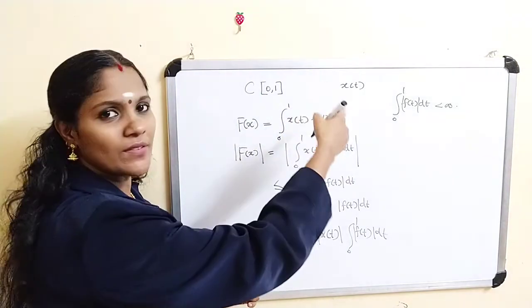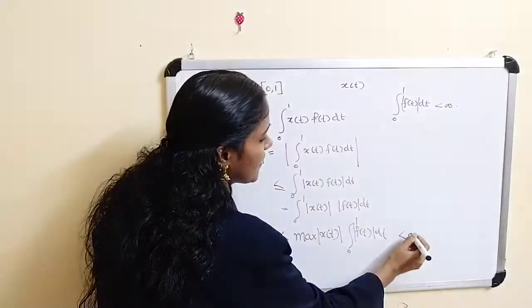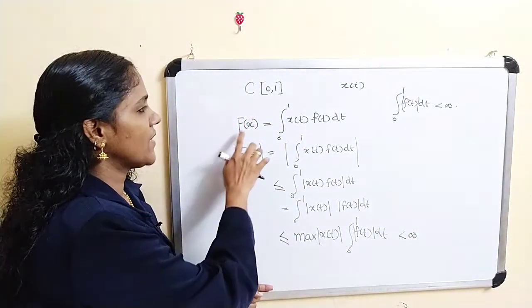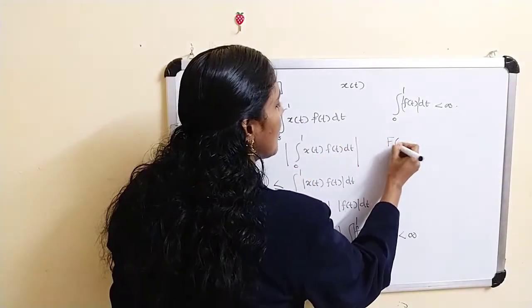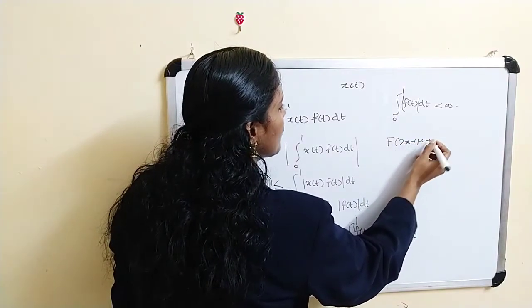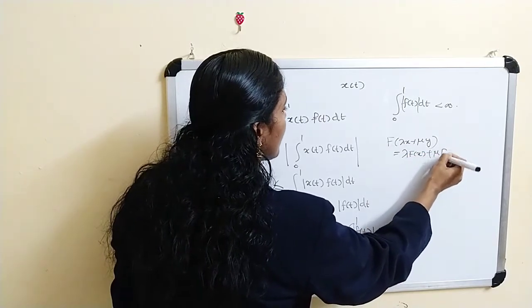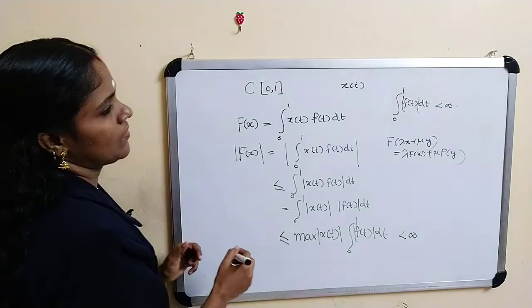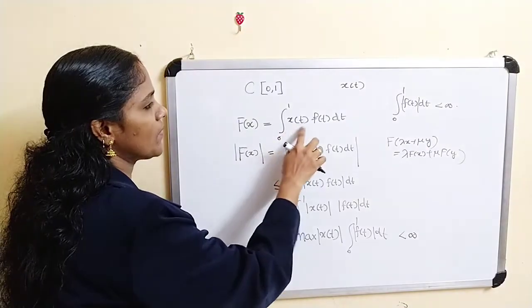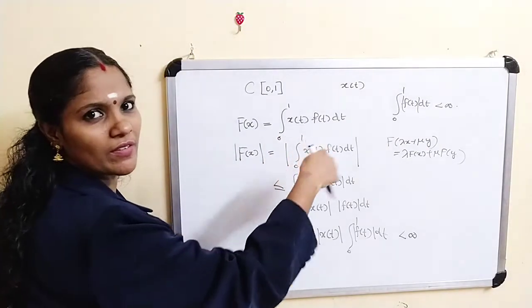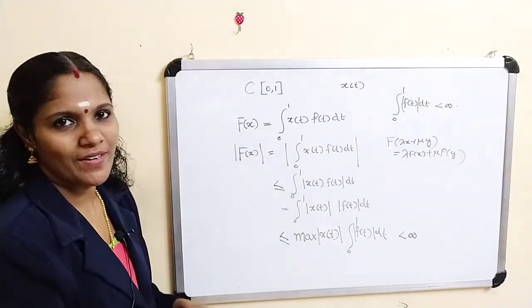Okay, so x is a continuous real valued function. Therefore this value is clearly finite, since f is an integrable function. Therefore this is less than infinity. Therefore this is a linear functional on C[0,1], and you have to verify F of lambda x plus mu y is equal to lambda into F of x plus mu into F of y. Here you can replace this as lambda x(t) plus mu y(t). Then apply the linearity property. You will get F is a linear functional on C[0,1].